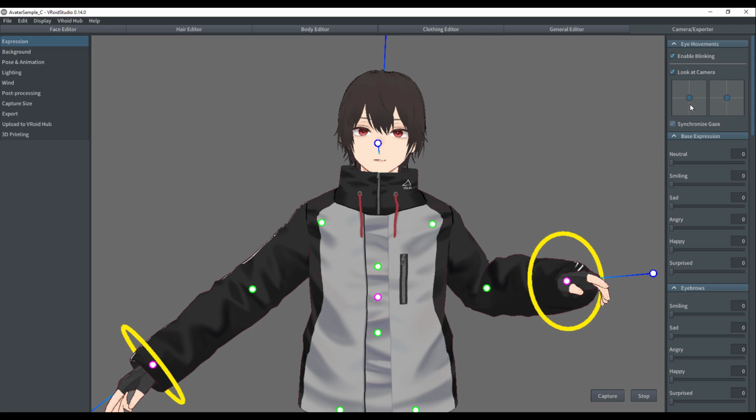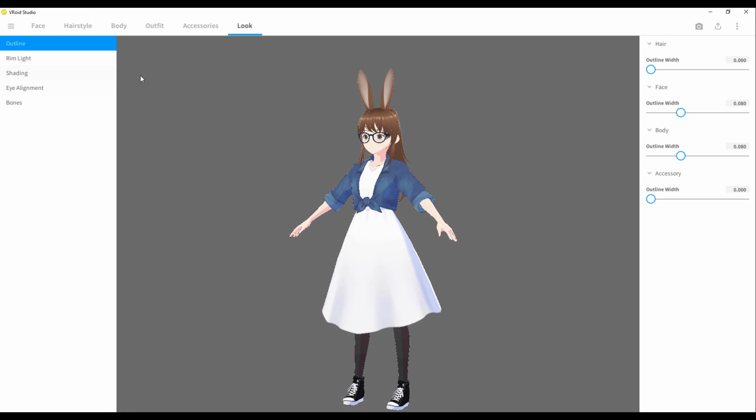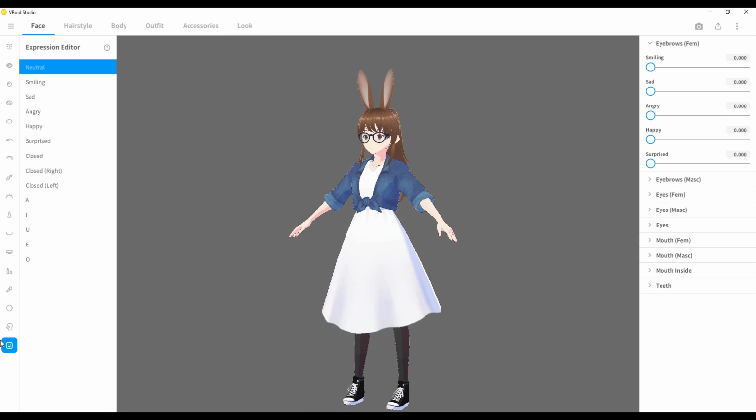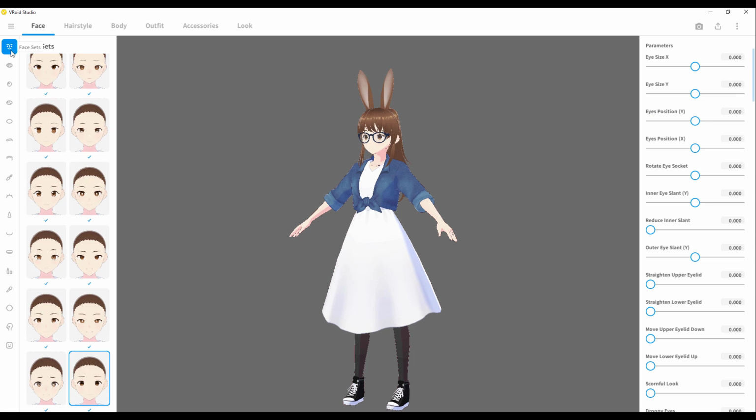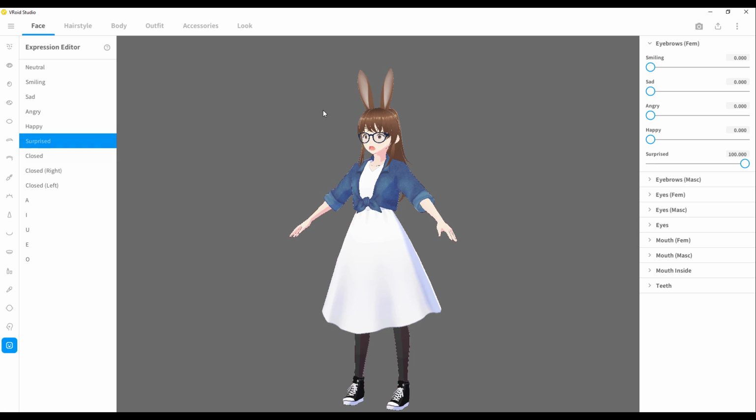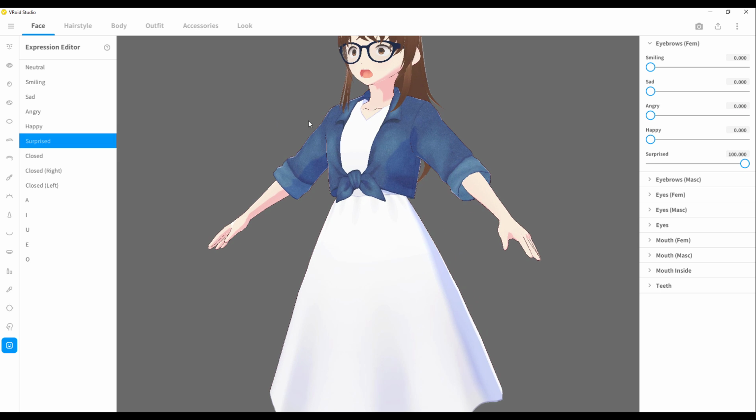All right, these expressions where you can play with the neutral stuff, all these expressions, they made it in, but not in this way. So let's actually take a look at that. If we go over to the Vroid and go over to face and go all the way down here, we talked about the fact that we had the face set and all this stuff. If you go all the way down here, there are expressions that you can launch in here.